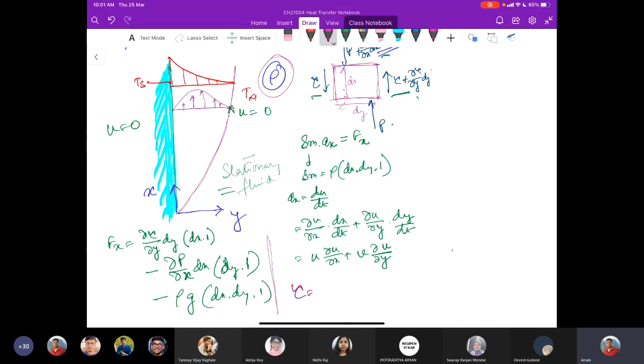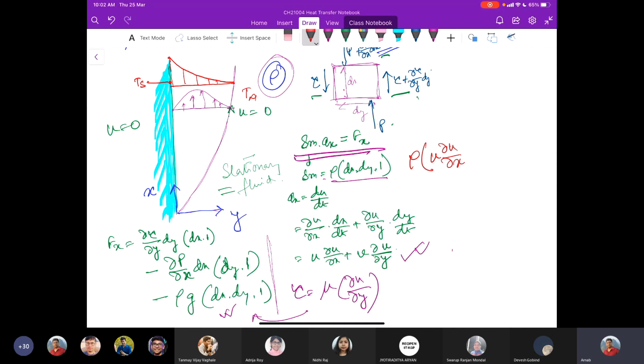it is pretty obvious that since we are considering this as a Newtonian fluid, tau is equal to mu del u by del y. We substitute that in this expression and then equate this: that is, m is this one, a is this one, and Fx is this one. We will have the conservation of momentum in the x direction, which would look like rho